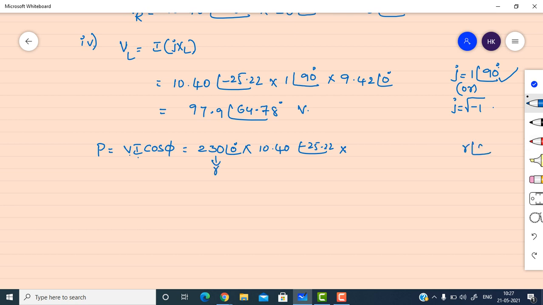In polar form, R at an angle theta, where R means RMS value. So in this equation, these voltage and currents are also RMS values. Don't represent the phase angle, just represent the RMS value. 230 into 10.40 into cos minus 25.22. Then you will get